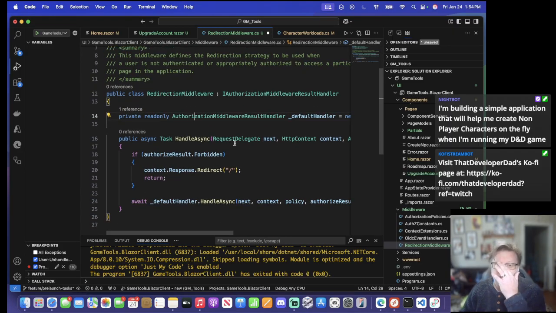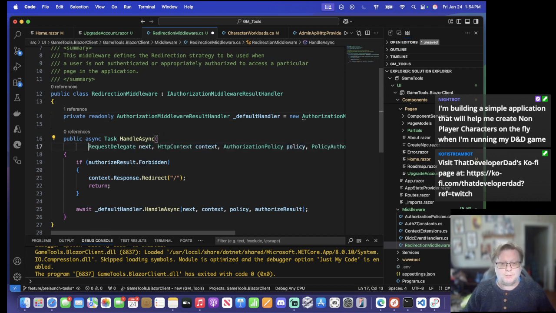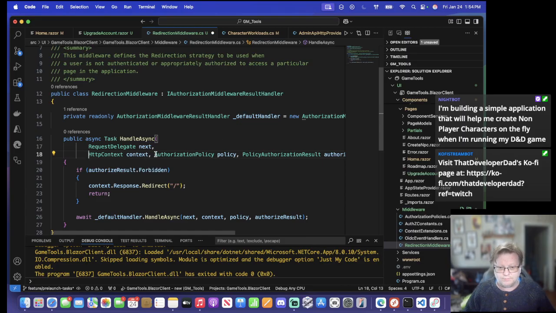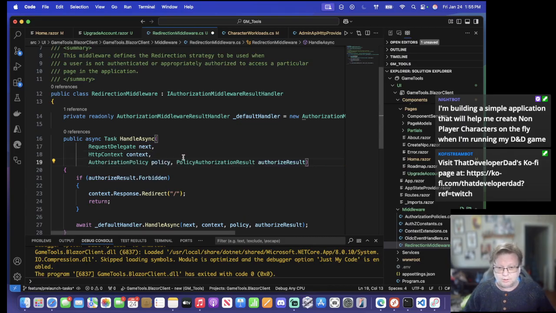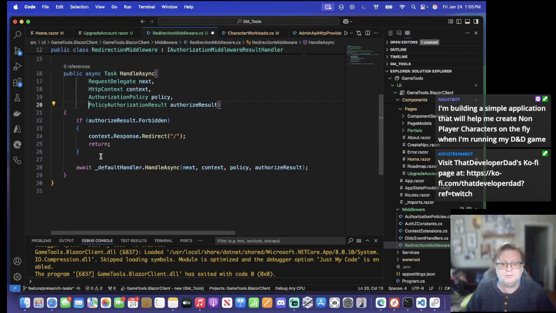Handle async, request delegate next. And let's take a look at what these input parameters are on the handle async implementation. If authorize result dot forbidden,